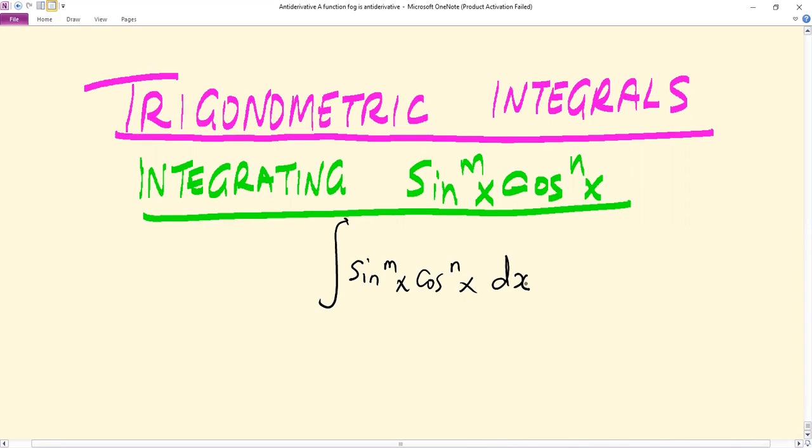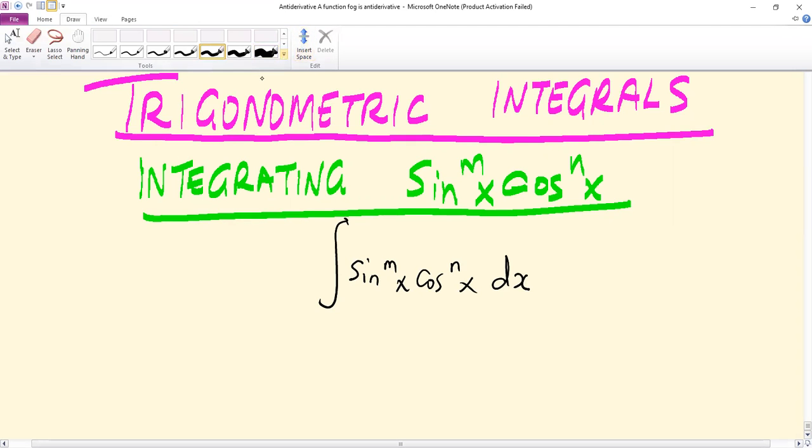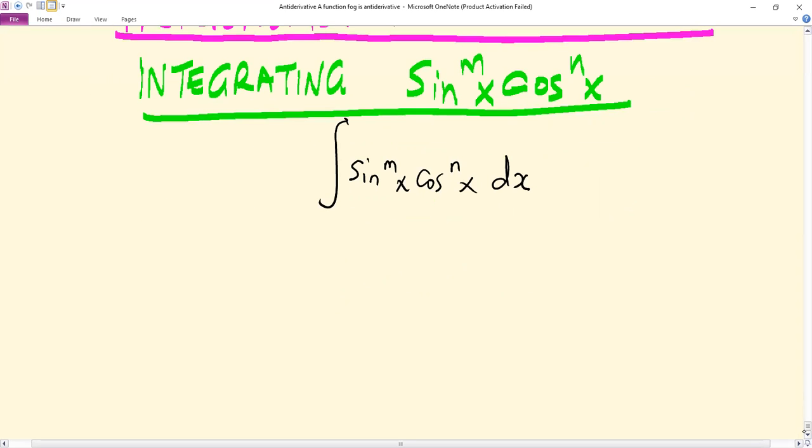So if you are given an integral of this form, sine of x raised to power m, cos of x raised to power n, how do you go about it? There are two cases to consider when you have such kind of integrals. So let's write the cases and then we'll do a problem to illustrate. So case one